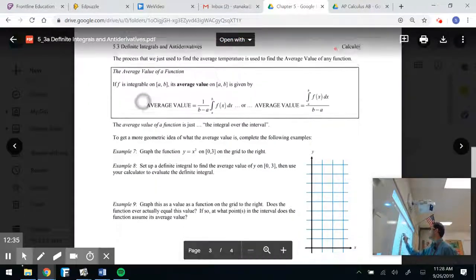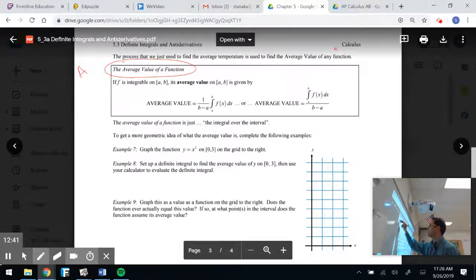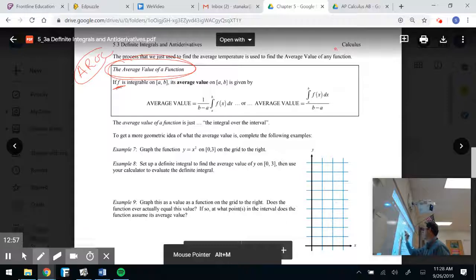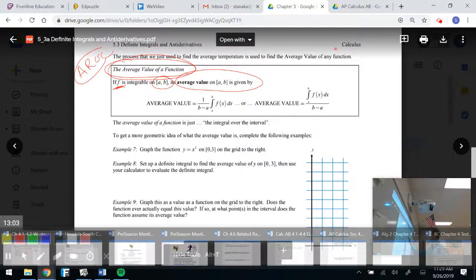Average value of a function. It's so easy to get this confused with what we call AROC. Do you remember AROC? AROC is average rate of change. That's the slope of a secant line, right, class? Like an average velocity type of thing. But average value of a function is big time different. That's if we have a function f that's integrable from a to b. The average value from a to b is equal to the